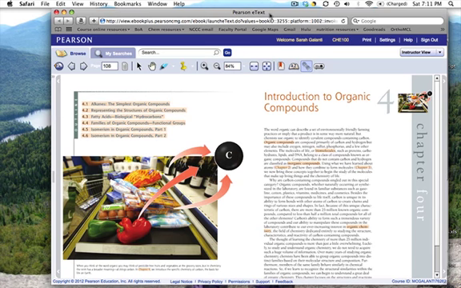Hey guys, so in preparing for your take-home test that you are doing for chapters 4 through 8, that's 5 chapters: 4, 5, 6, 7, and 8. That's a big chunk of material. So hopefully you guys have been keeping up with the reading and with the homework, because that's really the best